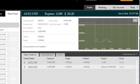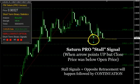and a $3,500 profit. We're in our second trade at the moment, which was executed shortly after the retracement was over, according to ITM Saturn Pro's stall signal. We'll just go back to the chart shortly to take a closer look at that stall signal. But essentially, the second trade has now gone in after that stall signal was generated, which essentially means a retracement